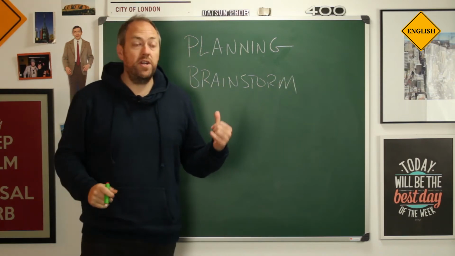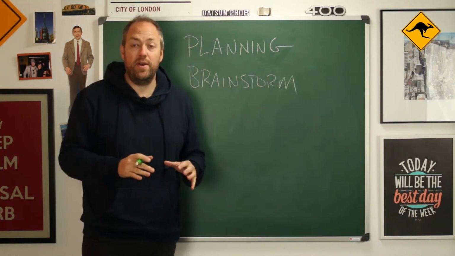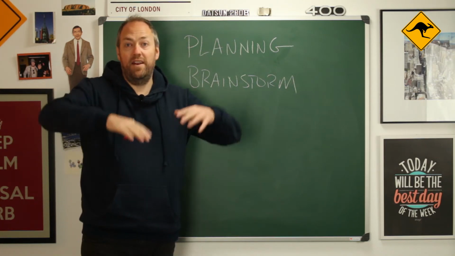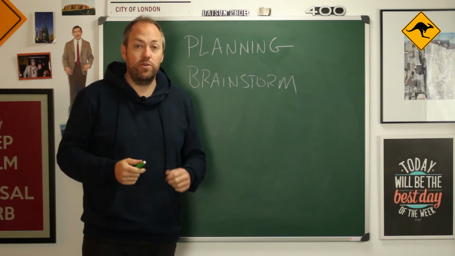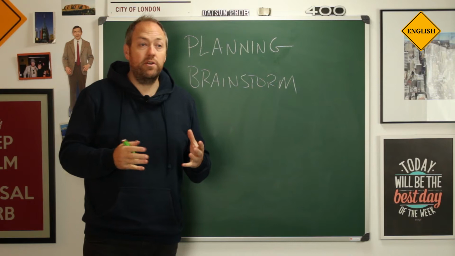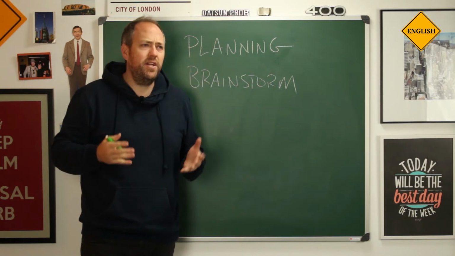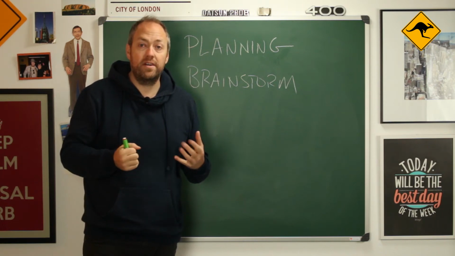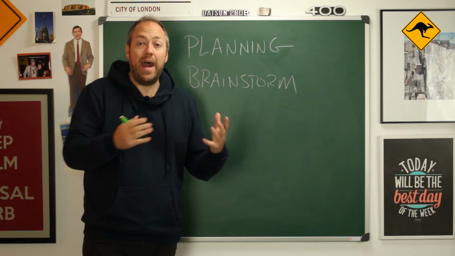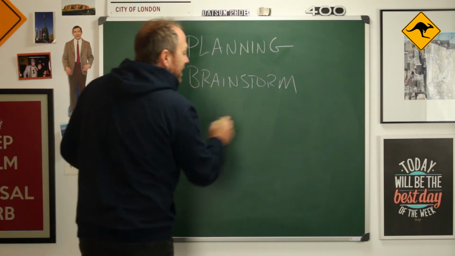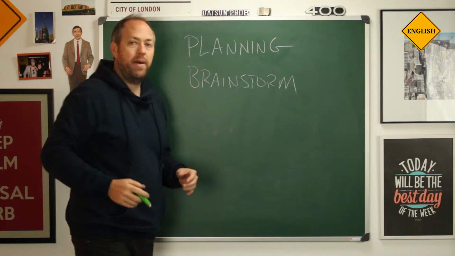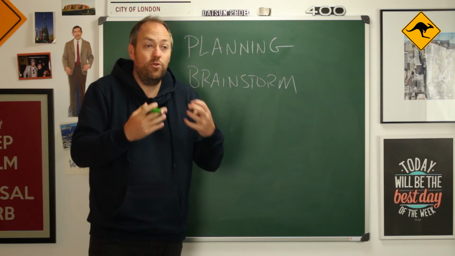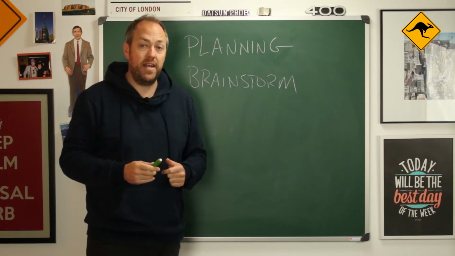A brainstorm is where you write down all of the different ideas that you have. So the saying is, to have a good idea, you need to have lots of ideas. And this is very true. So what you can do is write down all of the different vocabulary or ideas that come to your mind. So if I ask you a question about work, if you think people are happy at work, then we just write a big list of ideas about anything that we can think of relating to this topic that we can then use to plan our text.